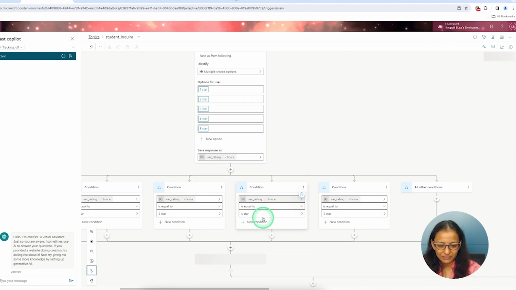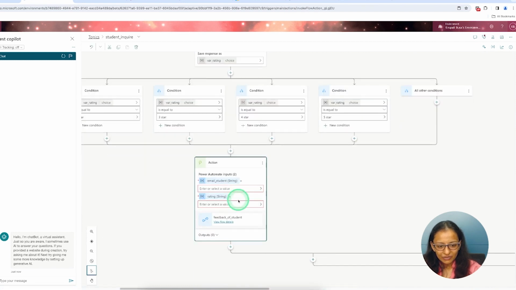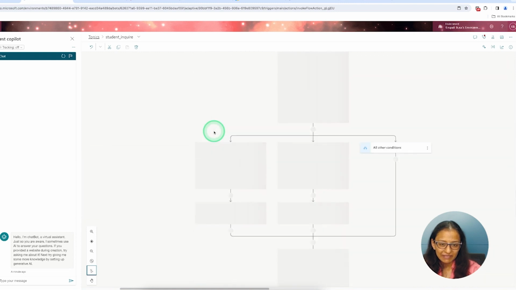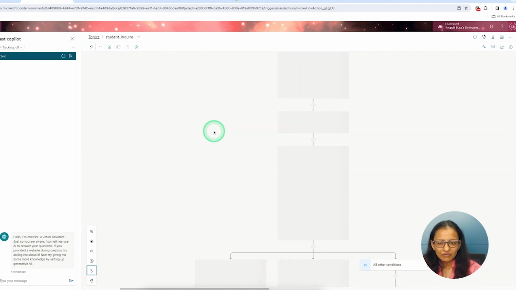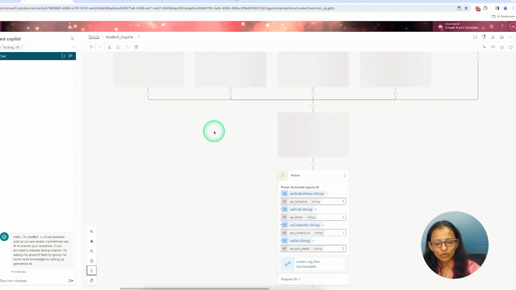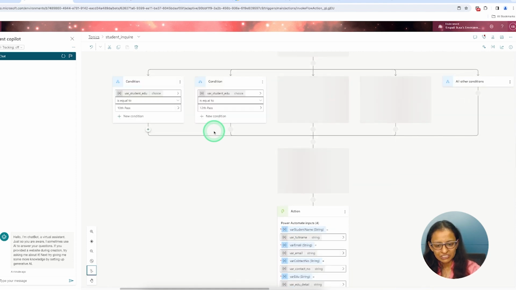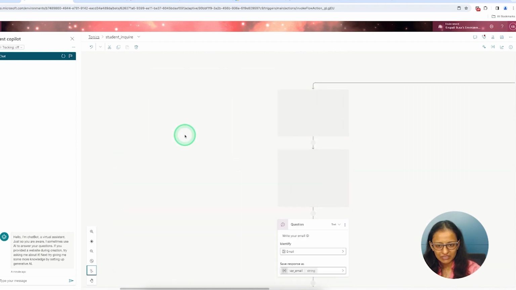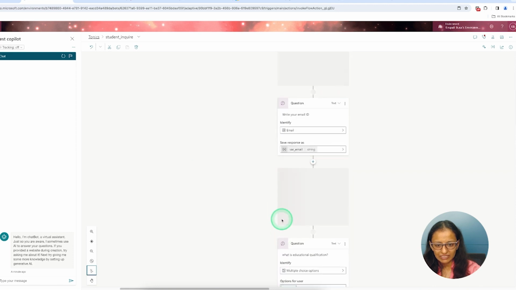So feedback of student, just edit. Now here you need to pass two things, that is email and rating. Now you remember that rating is in that variable, but where is email? If you remember, when we were designing the flow for taking information, I gave a variable name there, let me think, oh here, the variable email.